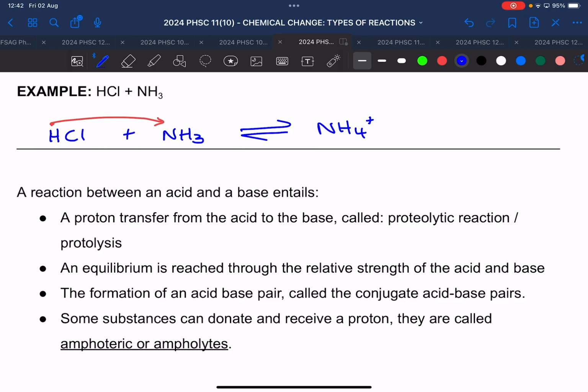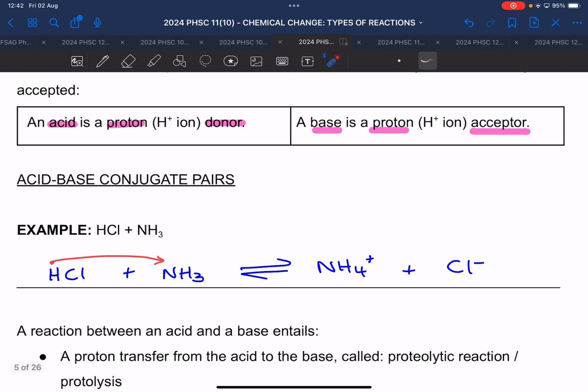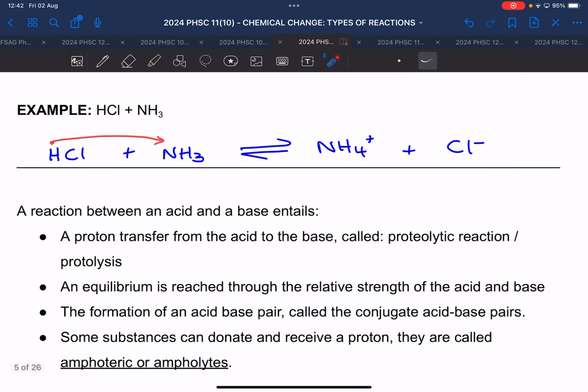Dative covalent bond. So you have the ammonium ion and you have the chloride ion. Let's check: this is an acid. How do you know it's an acid? You studied it. Its name is hydrochloric acid. What happened to it? It gave away the hydrogen. It donated a proton. What happened to this base? It accepted, it took in a proton. Are you with me? So we have a proton transfer from the acid to the base,